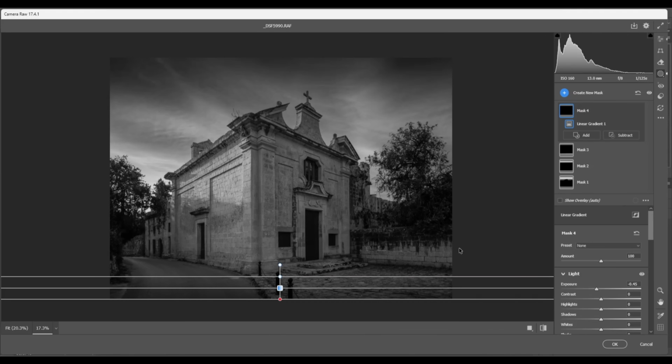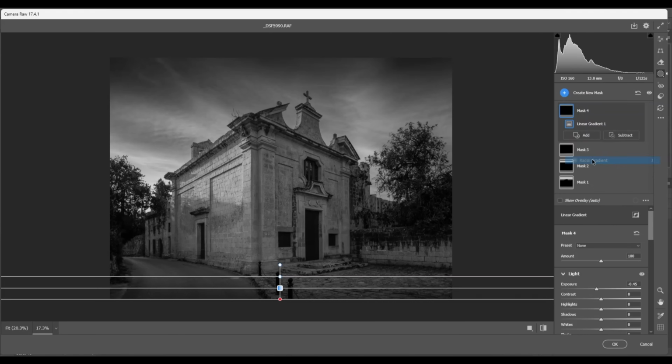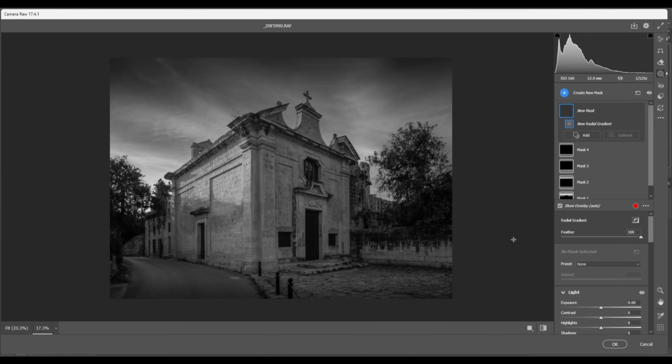So the next thing we're going to do, everyone, like I had on the thumbnail, I'm going to start using some radial mask. I'm going to click create new mask and head down to the radial gradient. And here I'm going to place it in front of the steps on these stone slabs here. Somewhere there. And I'm going to increase the exposure